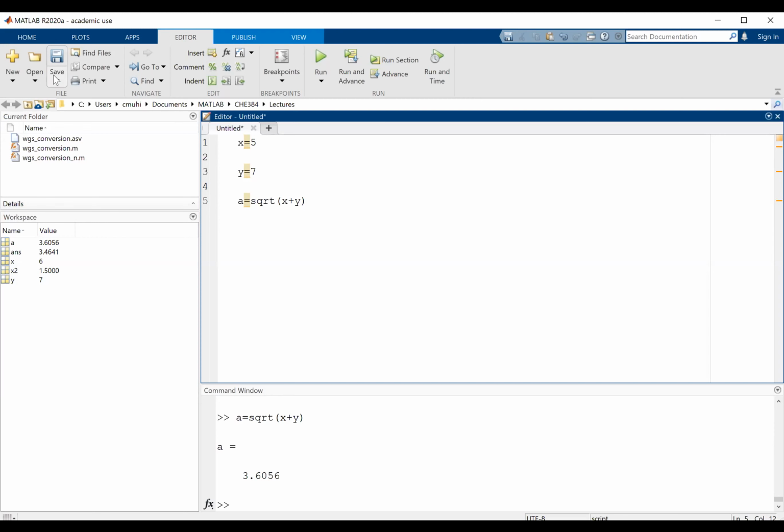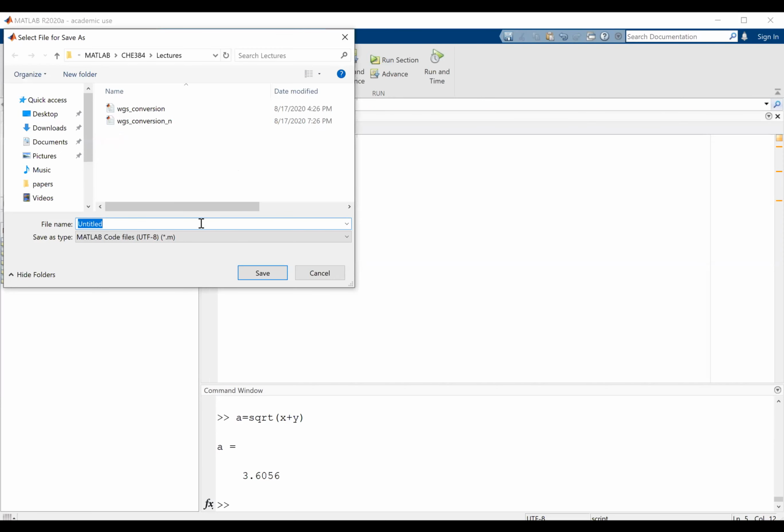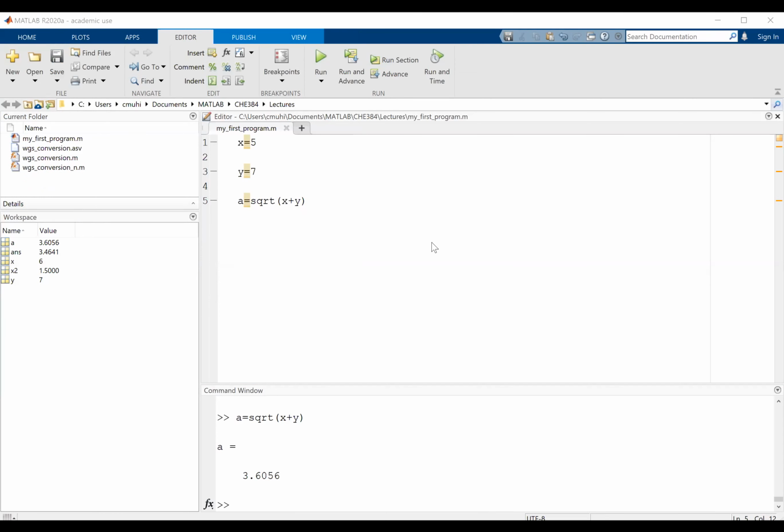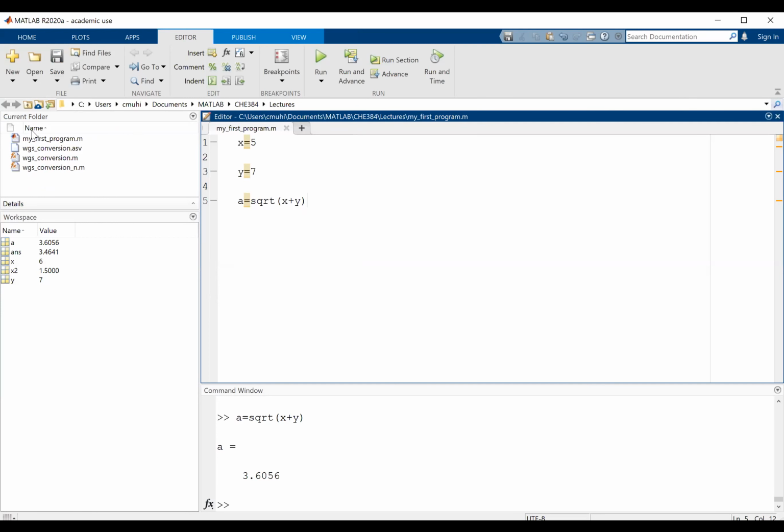So we can go over to the Save button, click Save As, and we can save it as maybe my first program. When I hit Enter, we should see my first program pop up over in this window. So once it's saved, I can click the Run button. So when I hit Run,